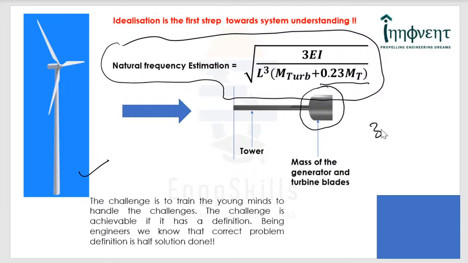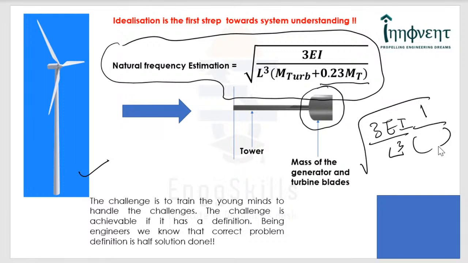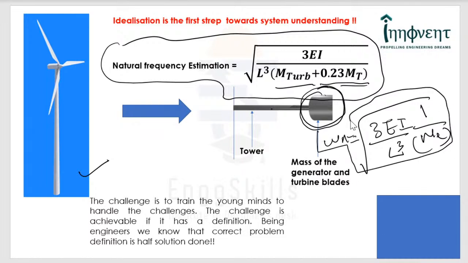It is very simple because 3EI/L^3 is the stiffness of the cantilever, and this divided by the effective mass of the system, that is the mass of the turbine system and the lumped mass of the tower, both are here, and if I substitute the effective mass, I get the natural frequency. This is a rough estimate. It gives a good insight and a feel for numbers as far as this structure is concerned. And this is one of the basic expectations of the industry. Let's find out more.